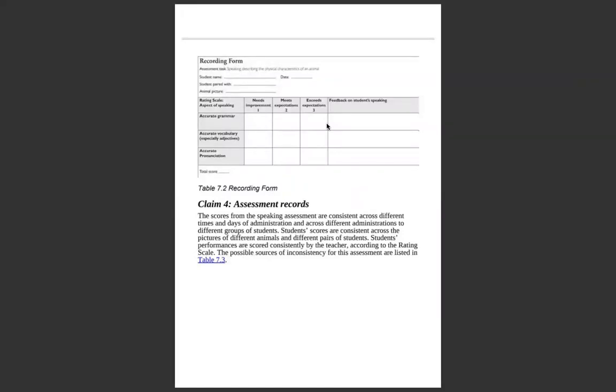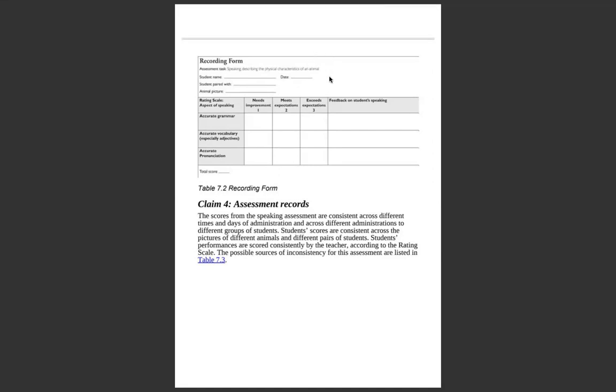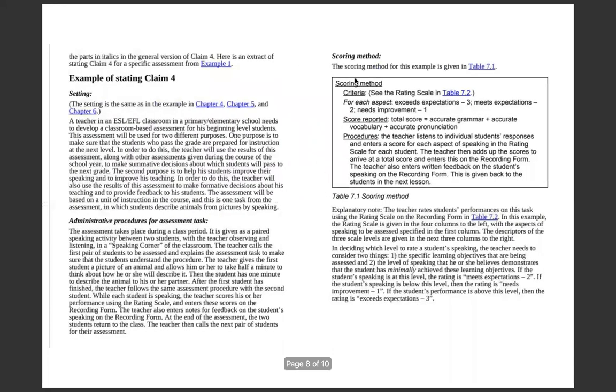This is on the next page, so right here, that's the recording form. So you have to do this for each student. Great. And so yeah, if we go back to the last page,